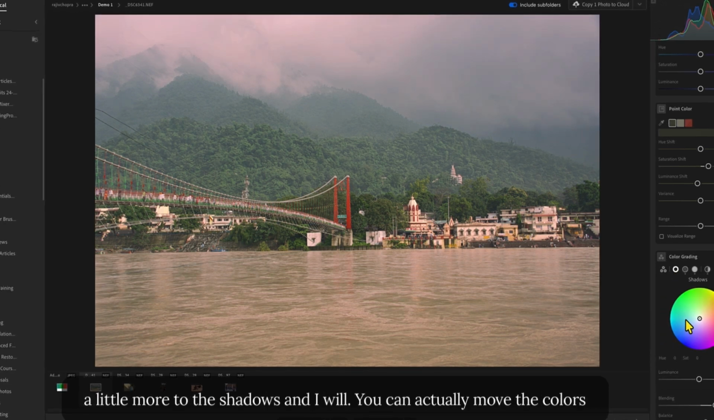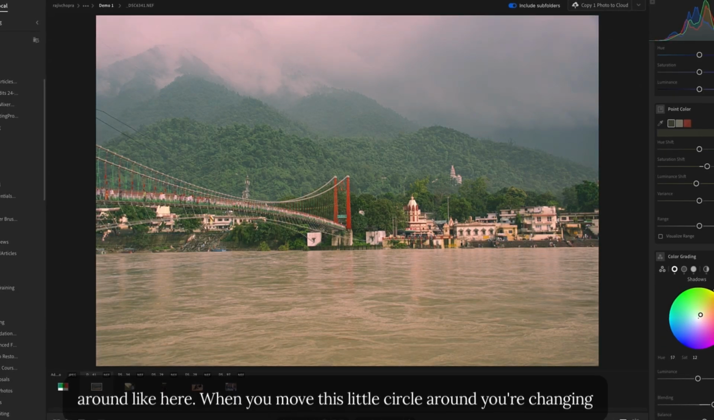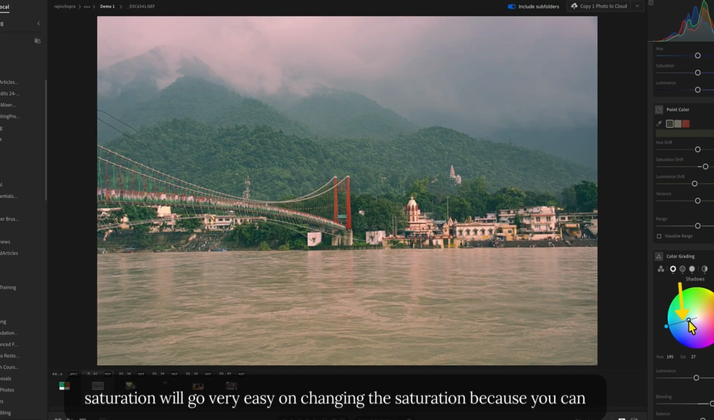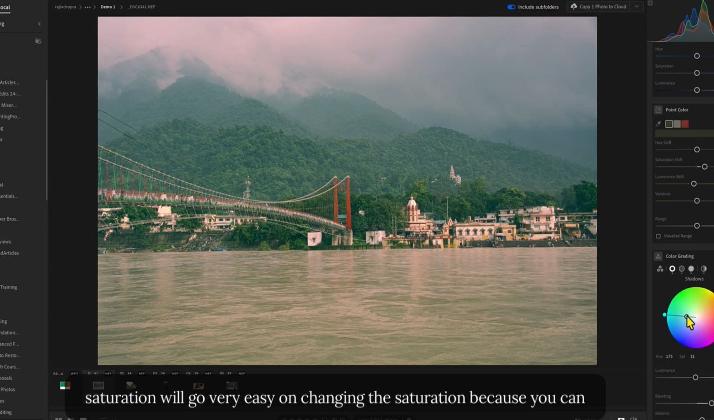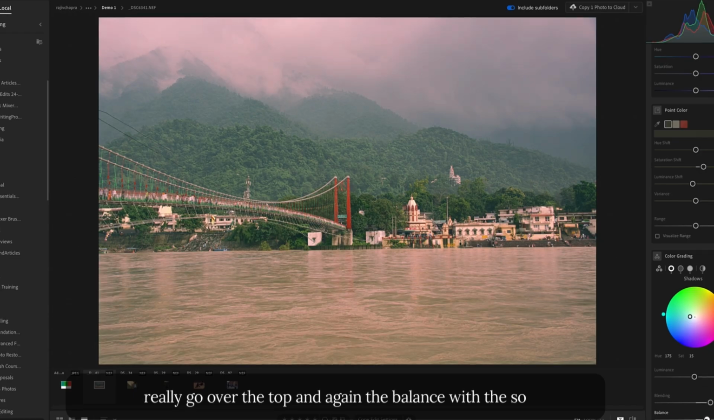Now I'll move to the shadows, and so you can actually move the colors around like here. So when you move this little circle around, you're changing the hue. When you move it along this line, you are actually changing the saturation. But go very easy on changing the saturation, because you can really go over the top. And again, the balance with